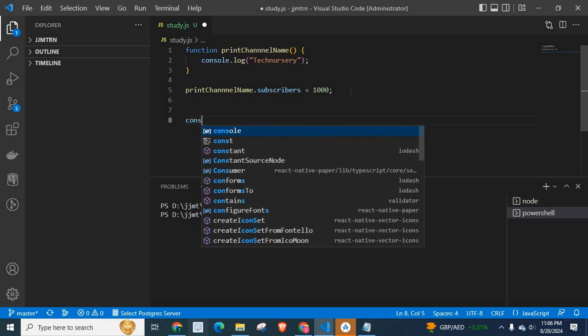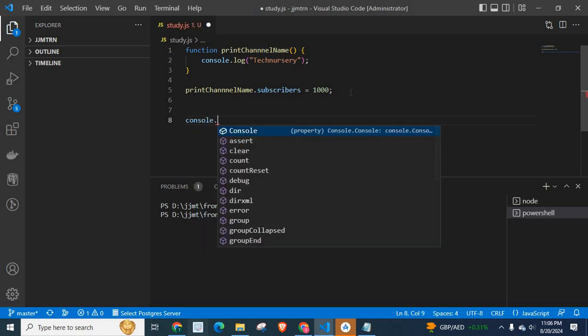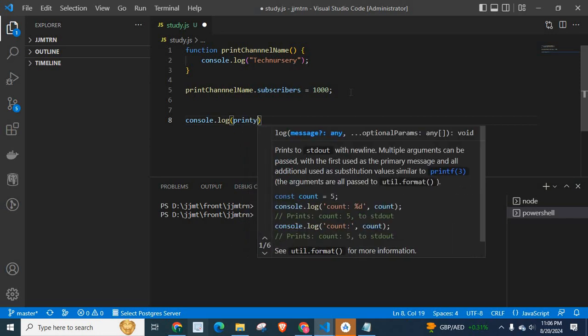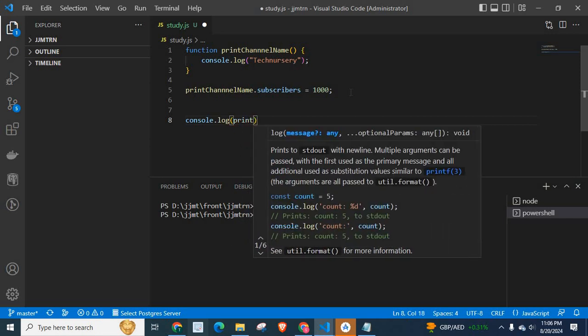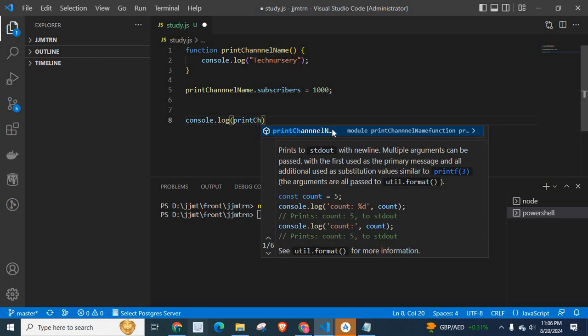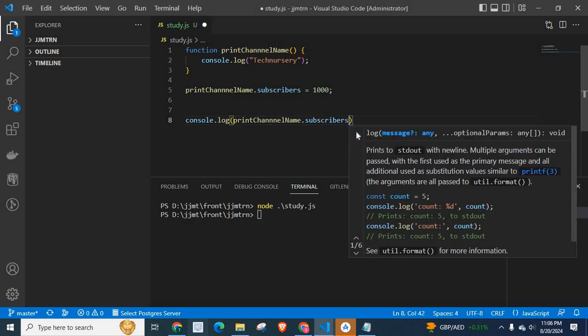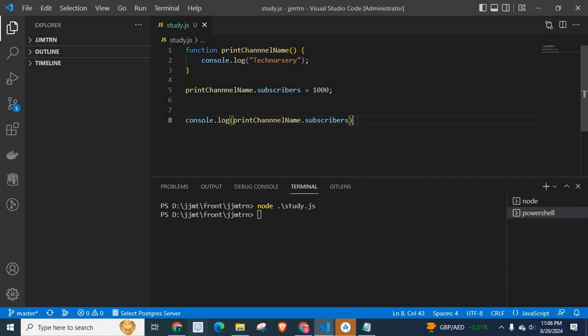Now let us console the value again. console.log printChannelName dot subscribers. Just place a semicolon also. Now let me clear the terminal. Let me run the command again. Check here, 1000. It works as an object